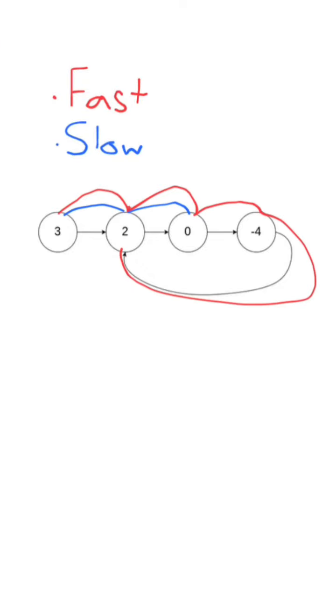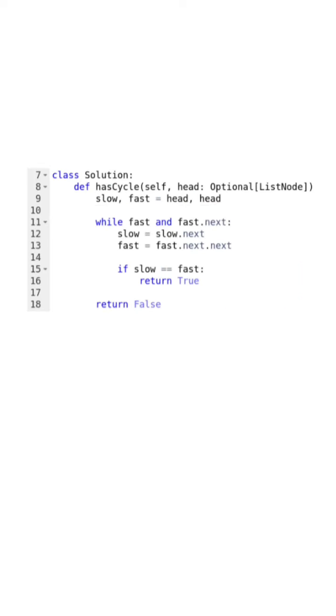But if these pointers eventually meet up at the same node at the same time, then we know there's a cycle. So for the code, we'll initialize the 2 pointers, and we'll keep them moving as long as they haven't reached the end of the list. If at any point they're equal to each other, we return